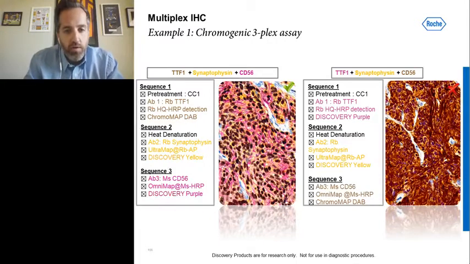And here we've given you two examples of optimal and non-optimal staining. So on the left-hand side is what we think is a good quality stain. We started off with nuclear staining with DAB, followed by the cytoplasmic staining in yellow, and then finally the CD56 with purple. On the right-hand side is non-optimal, and what we've done here is actually to swap around the sequence